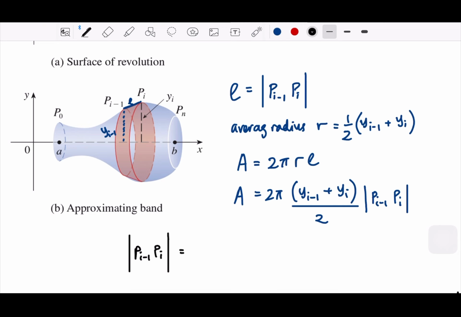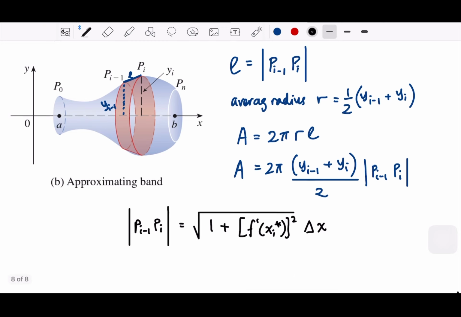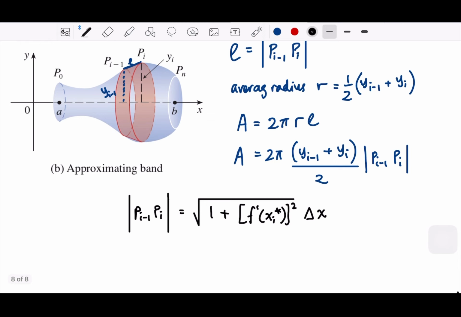Arc length formula. This will relate to the square root of 1 plus, and let me use some sample point, which means that we can take this in any point, squared, and then delta x. So we exchange this distance, the area becomes